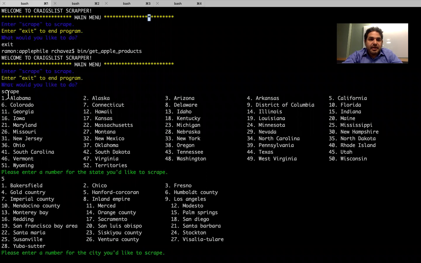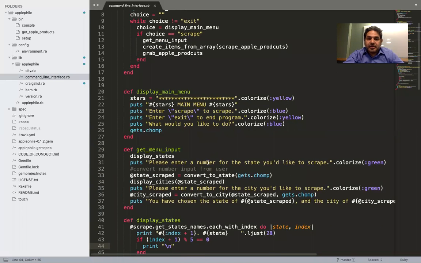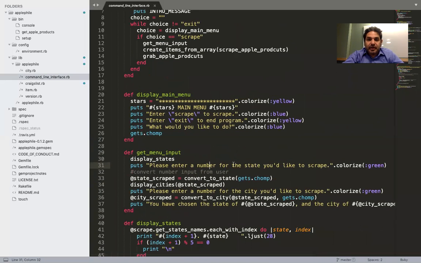And so it goes into here. So it goes 1, 2, 3, 4, 5 in the line, 1, 2, 3, 4, 5 in the line, and then it gets here, and then it gives me another end of line. So when I say please enter a number for a state you'd like to scrape, it won't come up here. Okay, so then it says put the state you like to scrape, and then right here is where you get